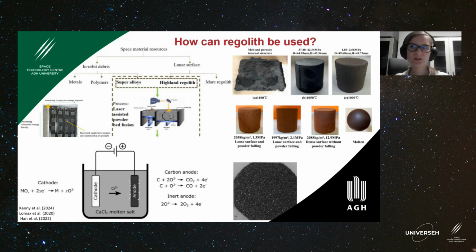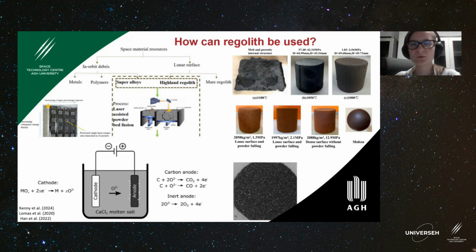Superalloys are another topic, but they are a type of alloys that can withstand temperatures that are a higher fraction of their melting point temperature. So they are really durable, they are resistant to temperature, and many types of spacecraft use this kind of